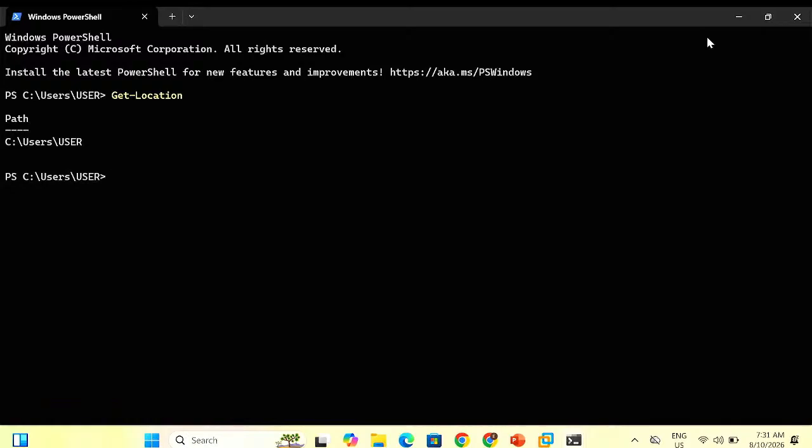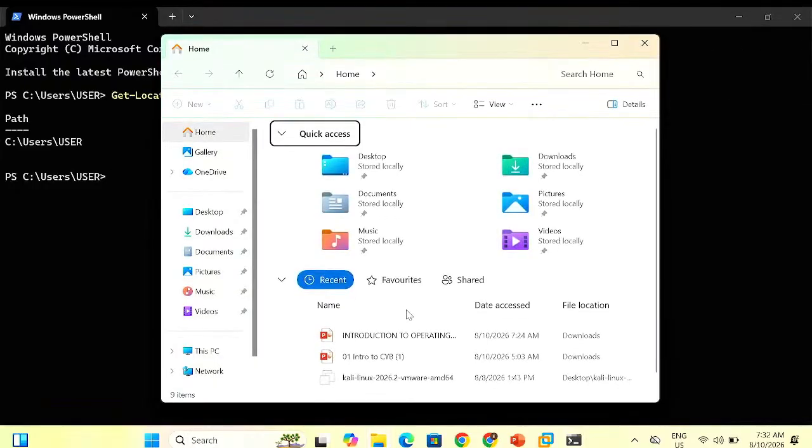It shows you your user. See the path, you see the user, right? The same thing now, it's showing you your path. This shows you where you are, the location you are on a system, your current location. Location as a place. For instance now, when you go to your file explorer, this is your home. This is what is showing you here.